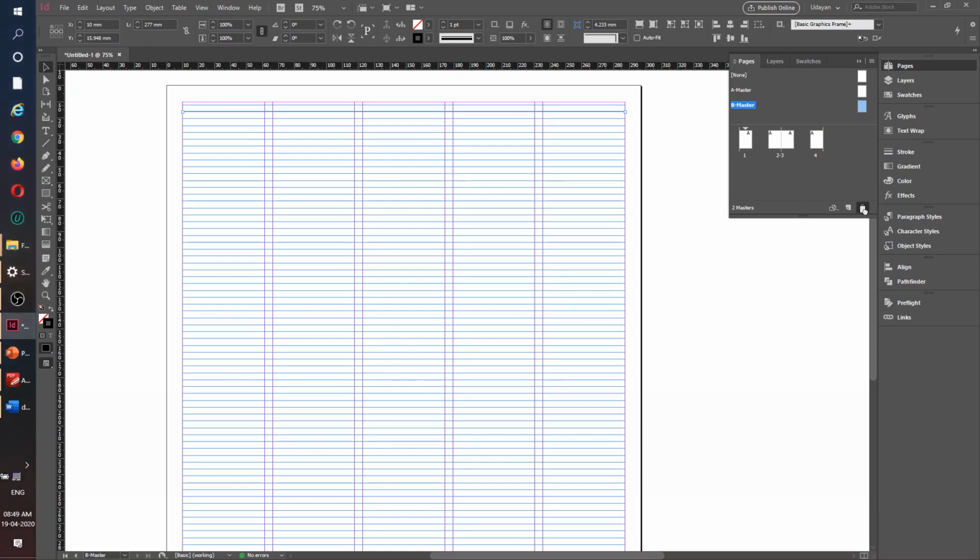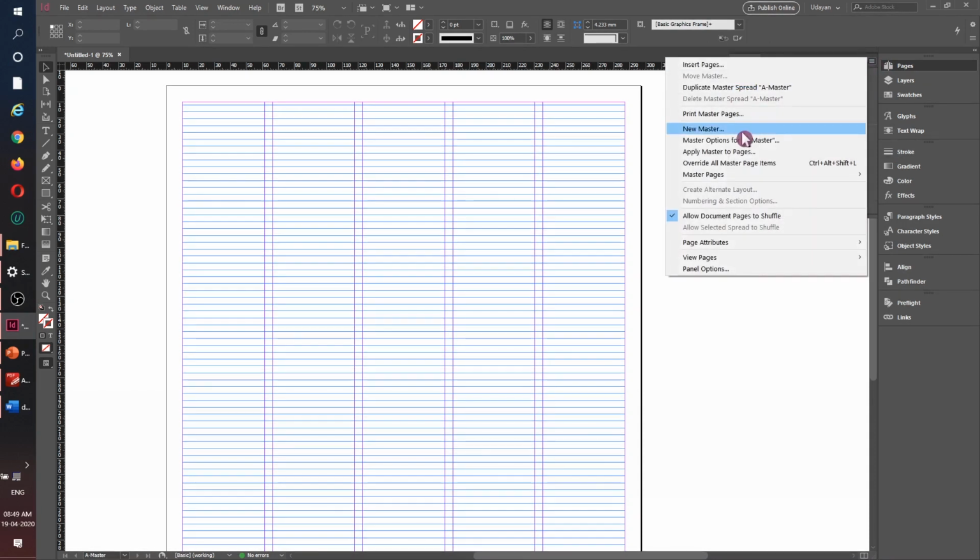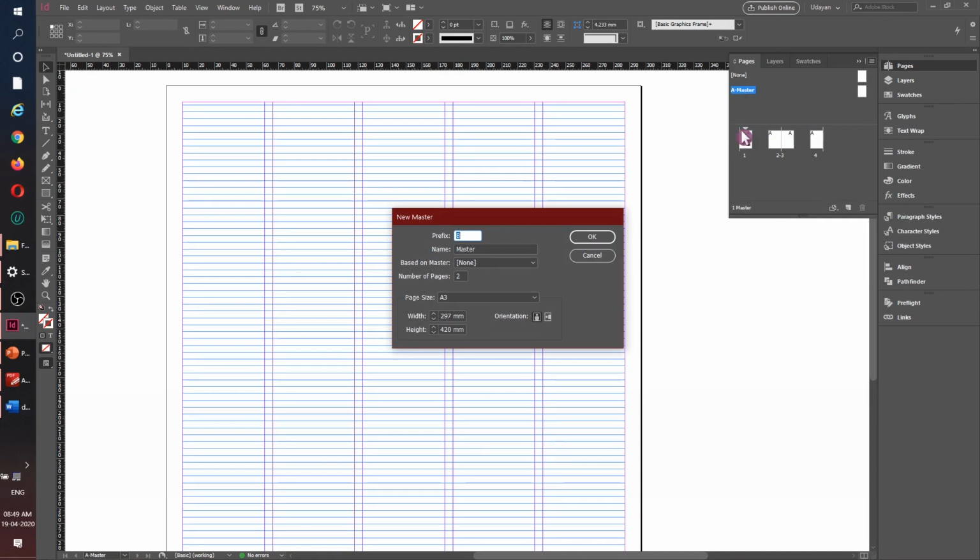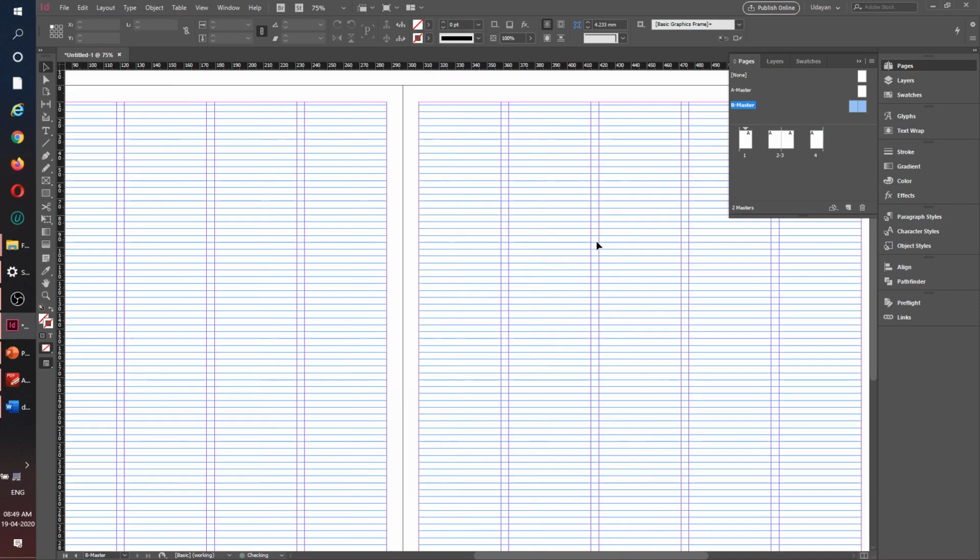Because I'll take it and delete this one, and here I will create my B master. So I will go to page and maybe new. Okay, this we already know, and this is going to be page number 2. Okay, and all these things are fine. And based on master, no A master, it's just the one, and automatically I get both pages. Cool. Okay, that small step we needed to rectify.